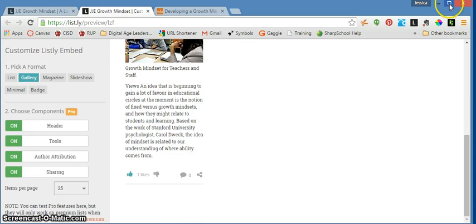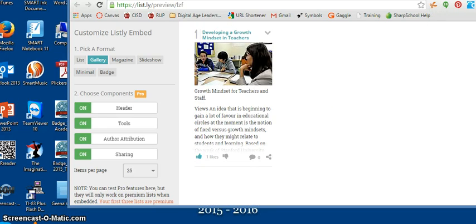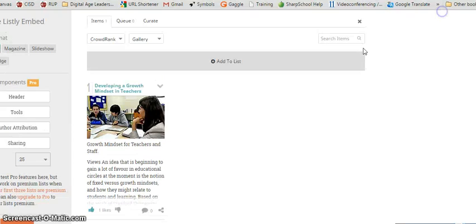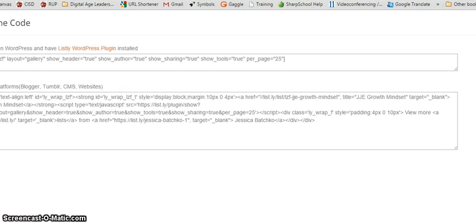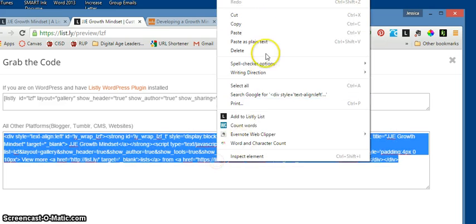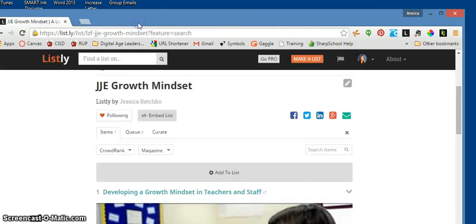From here, I have to maximize my screen in order to see on this bottom left area, it will say embed. And then from there you get the embed code, so you can just copy it and then you paste it in HTML wherever you want. So this is Listly,